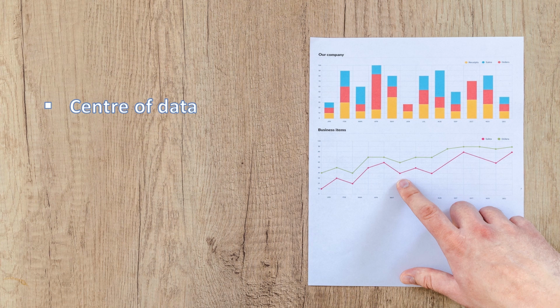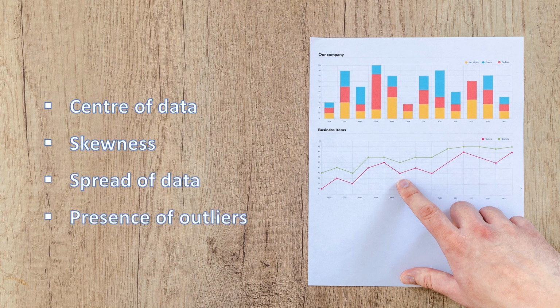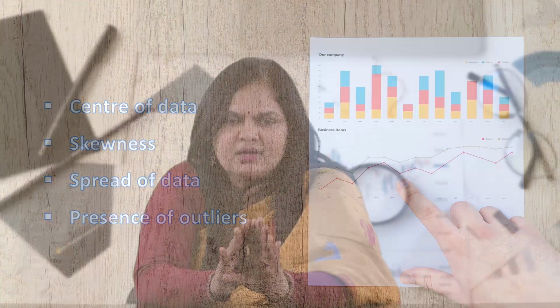We should also know the skewness of data. All these terms we will understand in the other sessions. We will stick to the measures of central tendency only in this and the immediately coming sessions. So, center of data, skewness, spread of data, or presence of outliers. Presence of outliers means, when I was trying to see the average income of the managers in a particular company, suppose for example, I find that